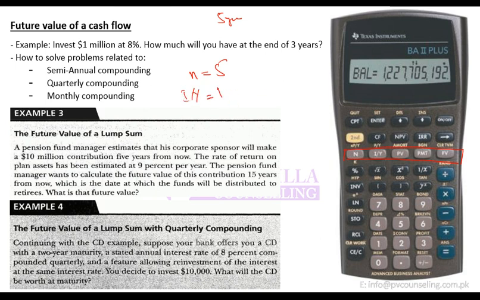Then there will be a certain discount rate. Let's say that is 10%. So you press 10 and press IY, and it gets stored in IY. Then PV, there is no PV because it is a series of payments. So there is no one cash flow as of today. There is a series of cash flows. So no PV, PV is 0.